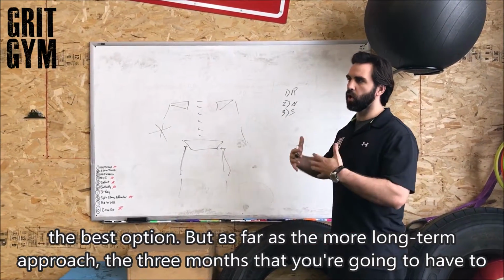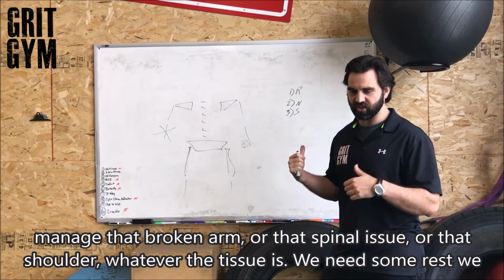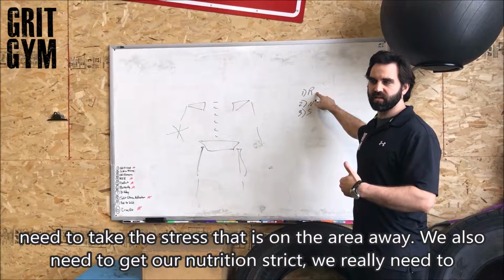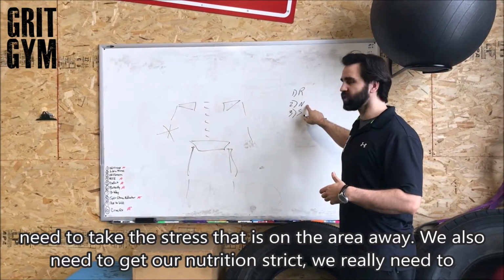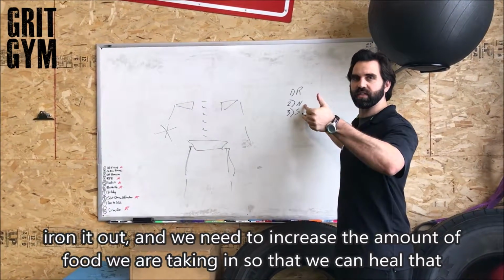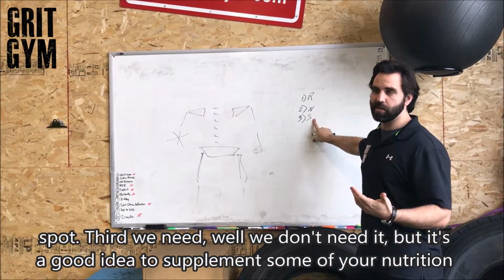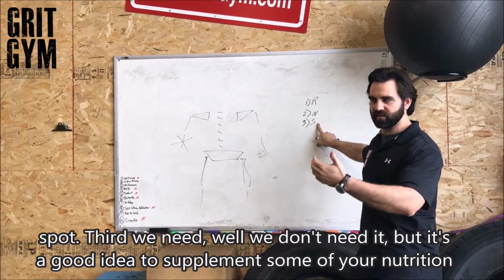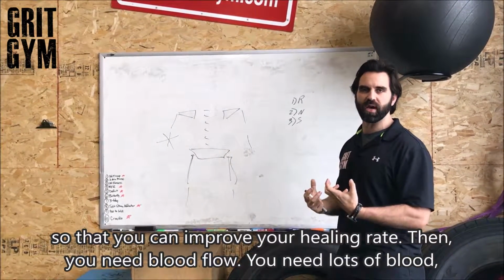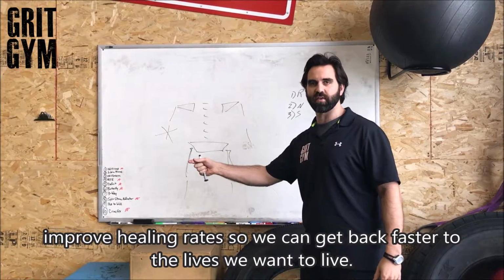But as far as the more long-term approach, like the 3 months that you're going to have to do to manage that broken arm or that spinal issue or that shoulder or whatever the tissue is, we need some rest. We need to take the stress that is on that area away. We also need to get our nutrition strict. We need to really iron it out, and we also need to increase the amount of food that we're taking in so that we can heal that spot. Third, we don't need it, but it's a good idea to get on a supplemental dose, to supplement some of your nutrition so that you can improve your healing rate. And then you need blood flow. You need lots of blood coming to that area, which means you need to exercise. So those are just a few ways that we can improve healing rates so that we can get back faster